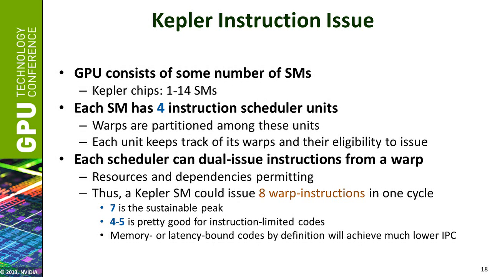So from a given warp, a scheduler can take 2 adjacent instructions, and if they are independent of each other, and pipelines for execution of both of those instructions are ready and available, then we'll actually issue 2 instructions in the same clock tick from a given warp. So that's why if you look at the peak instruction issue rate for a scheduler is 2, they come from the same warp. The peak instruction issue rate for an SM is 8, because you have 4 schedulers, they work